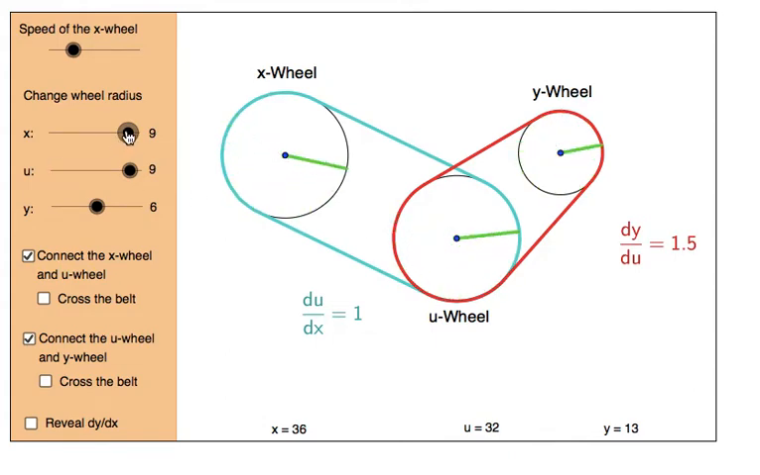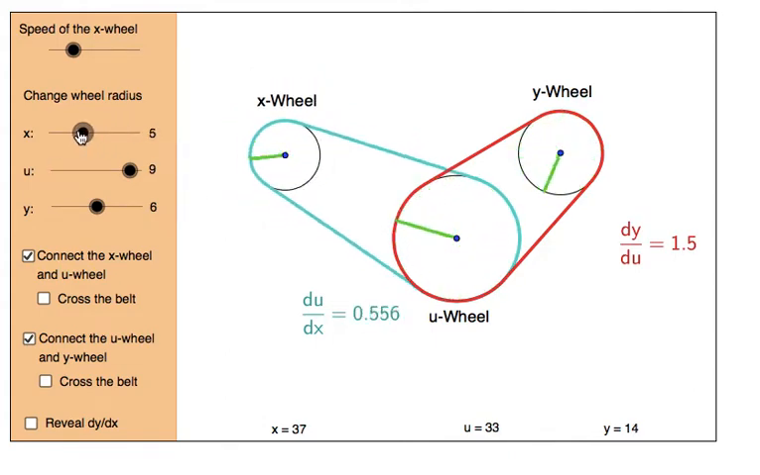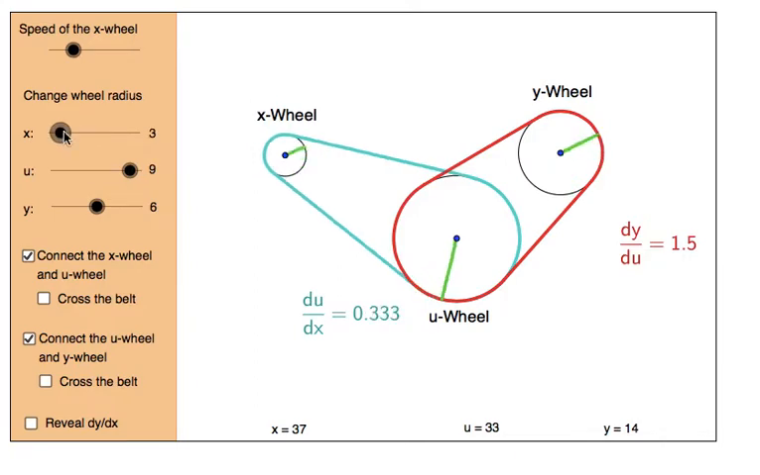So I can change this wheel here. Let's make this wheel 3 times smaller. Okay, so this wheel changes 3 times slower than this one, right? So this one has to go around 3 times, this one 1. So this rate is 0.33. This rate between here and here is still 1.5 because this wheel is 1.5 times bigger than that one,